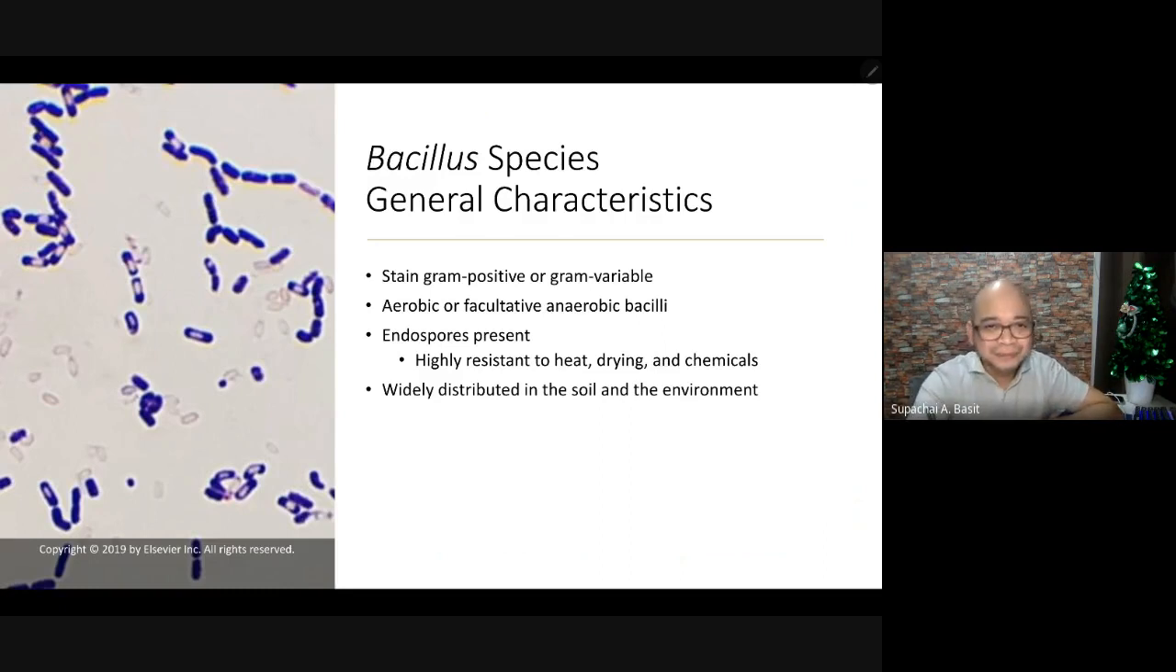First in our list would be the Bacillus species. They are gram stain positive, some are gram variable, and they are aerobic, and some are facultative anaerobic. They have endospores, which make them highly resistant to heat, drying, and chemicals,